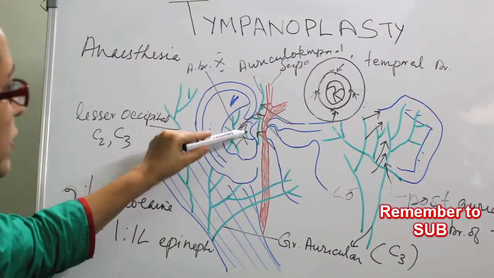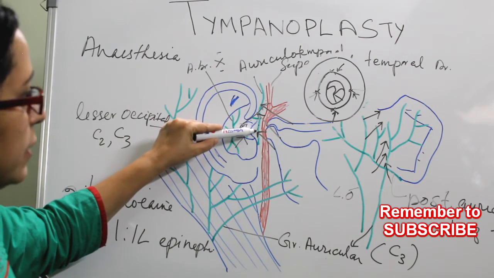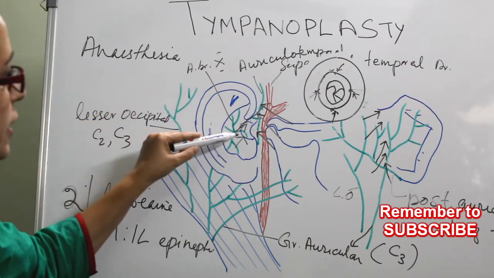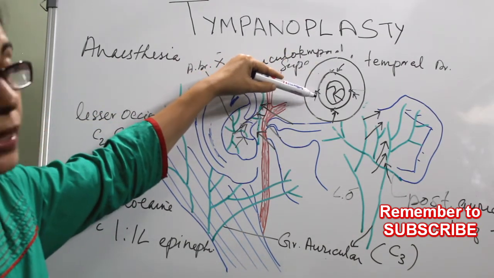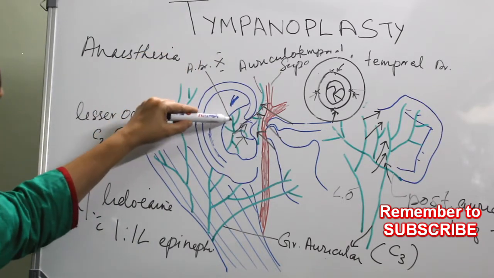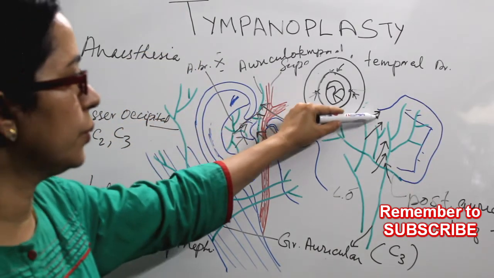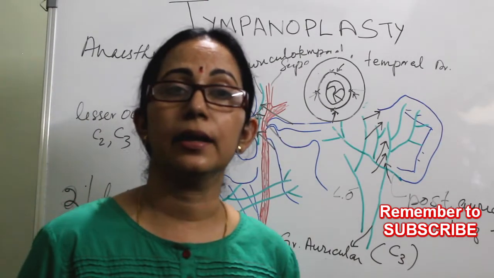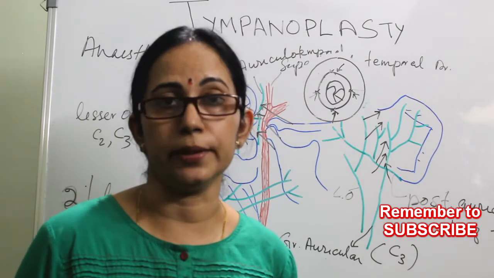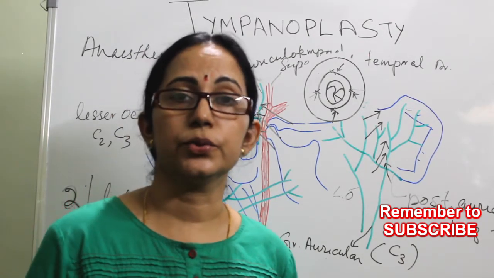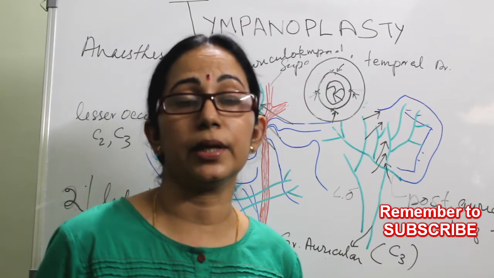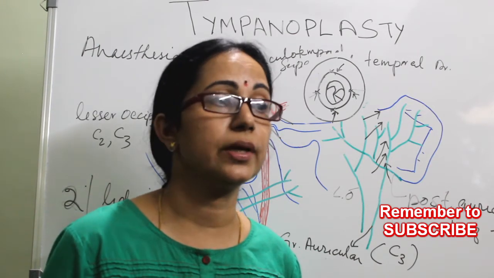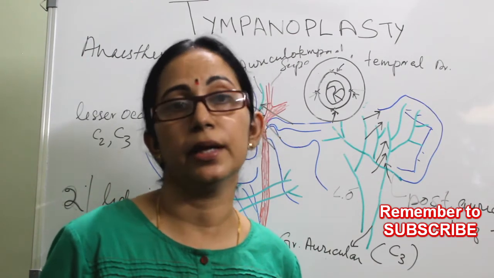The points of injection: one is just anterior to the tragus, and also multiple points over the incisura terminalis. 4 quadrant anesthesia at the bony cartilaginous junction of the external auditory canal, multiple points over the concha and also multiple points over the postauricular region using a 27 gauge needle, and it should be injected very slowly. And before injecting, you should know about any history of allergic reaction to the local anesthetic, and also if needed a drug allergy test should be done.